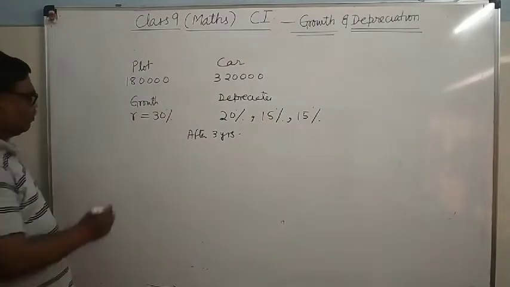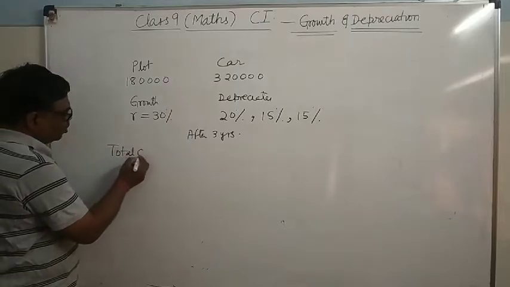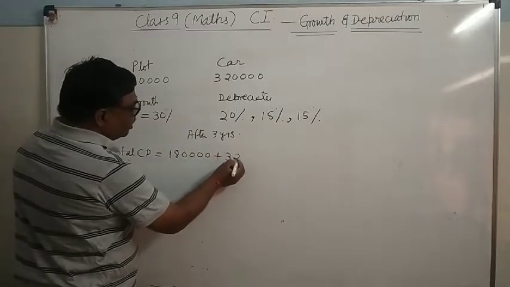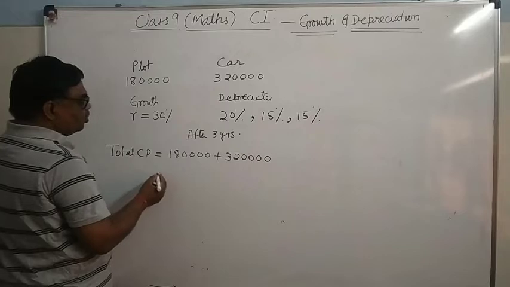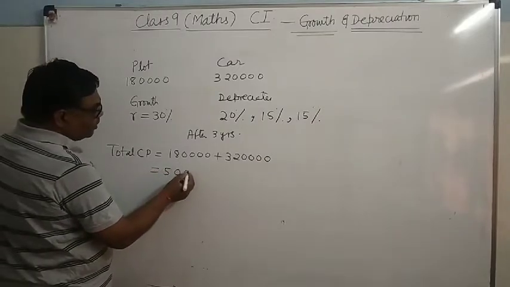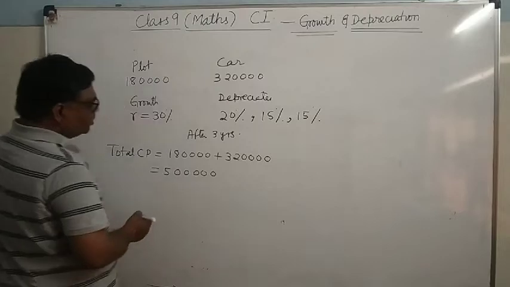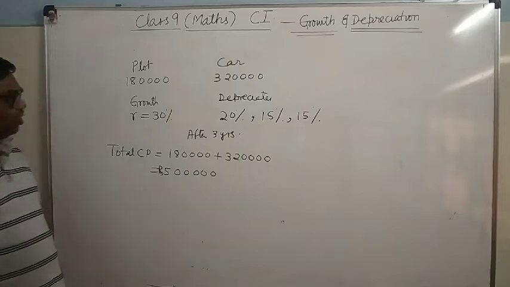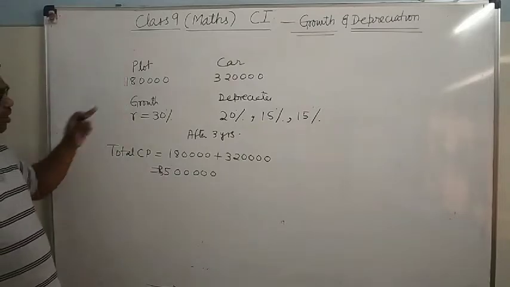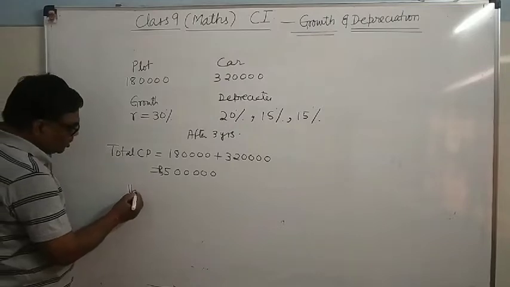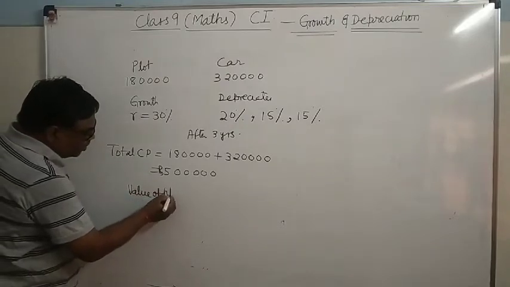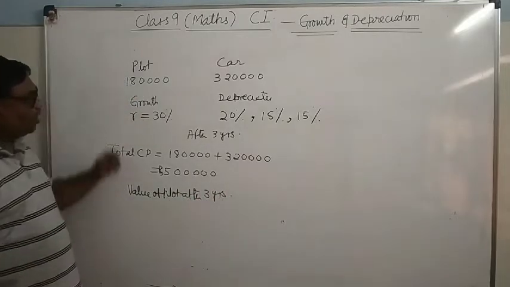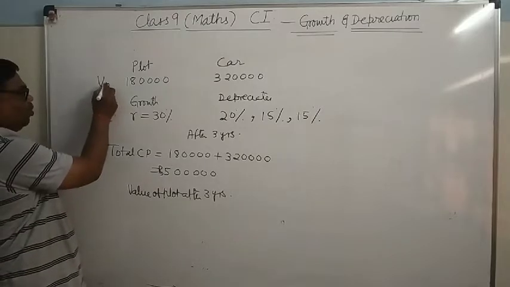So what is the total CP? First you find out the total CP. Total CP will be equal to 1,80,000 plus 3,20,000, so it will be equal to rupees 5 lakh. Now in order to find total SP, first you find the value of the plot after 3 years. Means the beginning value will be V0,